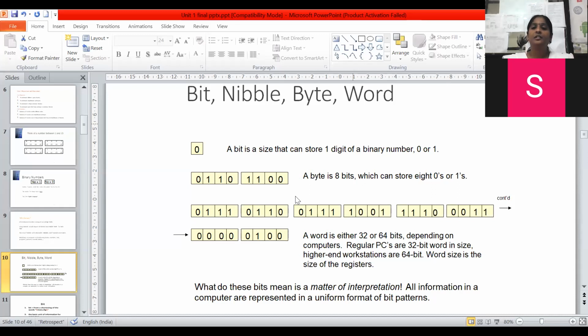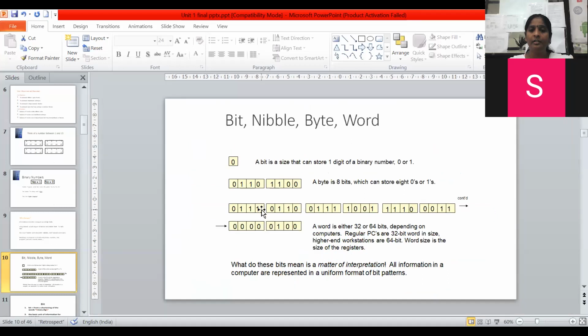And if I consider the number of bits more than 8, such as 16 or 32, it is called a word, as represented in the diagram shown here. Okay, let's look at this. 1 bit; byte, 8 bits is called a byte. Then more than 8 is called a word. And if 4 bits, nibble.